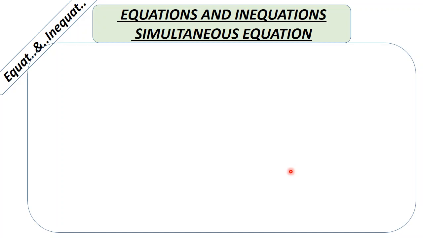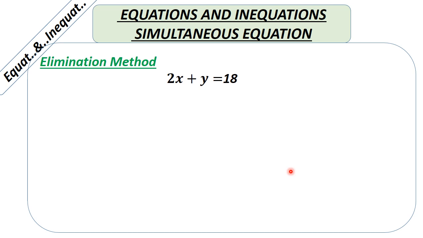So the other method, as I introduced, is the elimination method. Elimination method involves eliminating some variable so that we have one variable to work with. So we can have this situation: 2x plus y is equal to 18 and x plus 2y is equal to